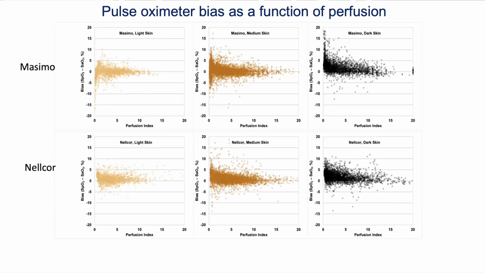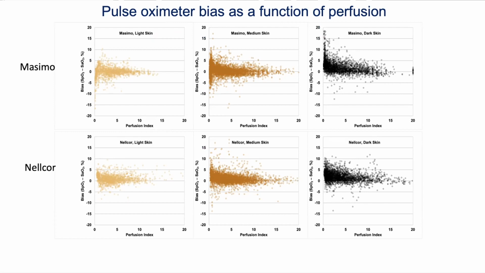However, we dove deeper. Now, the human brain has a really hard time with multivariable analysis. And when John and I worked on the plots, we struggled a lot with how to represent them. One of the clearer depictions we came up with is shown in this plot, where we segregated data by the type of pulse oximeter and by the skin pigment classification, so very light, medium, and dark. And we plotted the bias in the measurements, that is, the difference between what the pulse oximeter was reading and what the blood gas analysis showed,